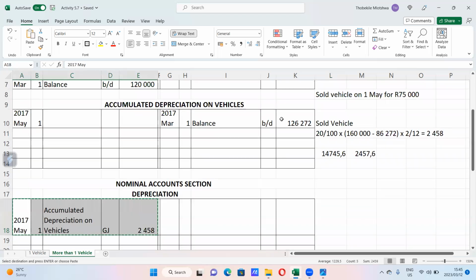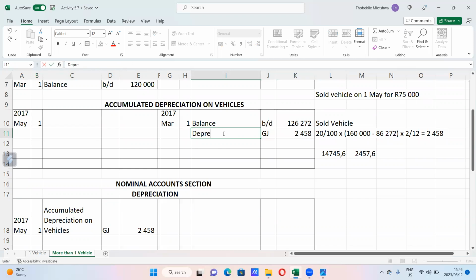But I'm going to change the account. So we are going to come here. I don't need to repeat the date. So this will be the amount, but the contra account now will be depreciation. So we are going to say depreciation. So we've recorded the sold vehicles, but so that we're quicker, let's record the rest of